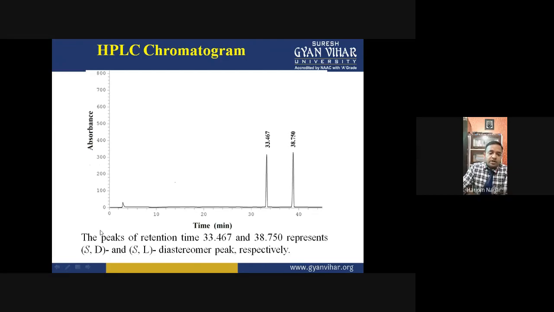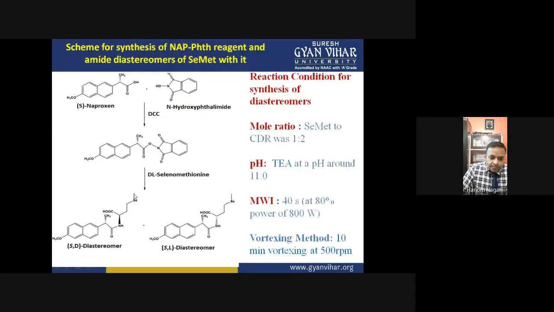Okay. So here the SD diastereomer is eluted first and the SL diastereomer is eluted later. This is because of their different hydrophobicity. This can be explained here. If we look at the hydrophobic part of the center, this is CH3, and the hydrophobic part of the center,